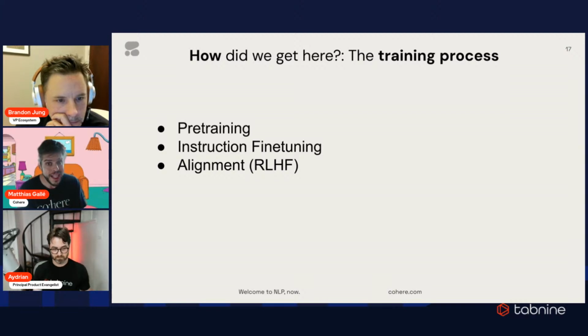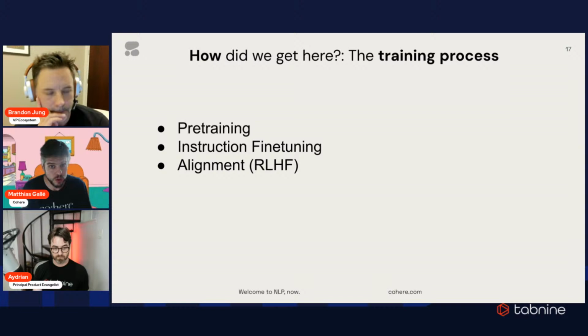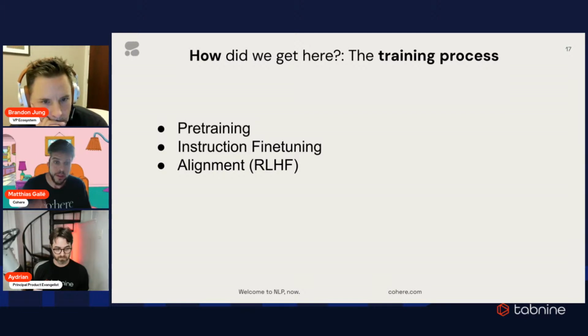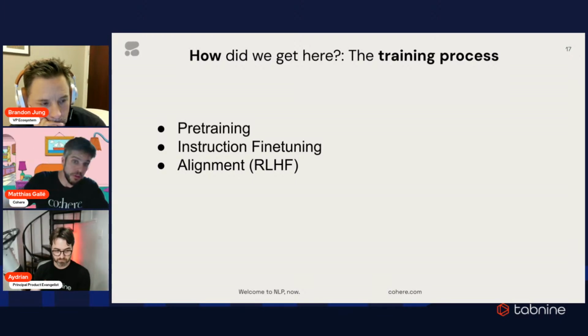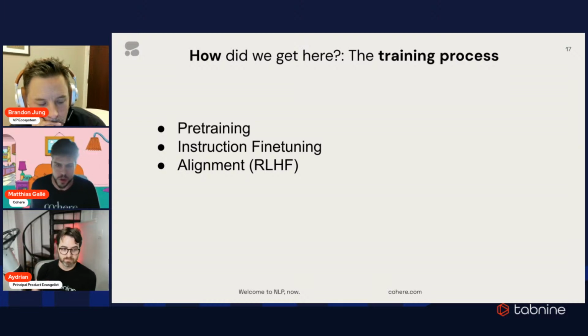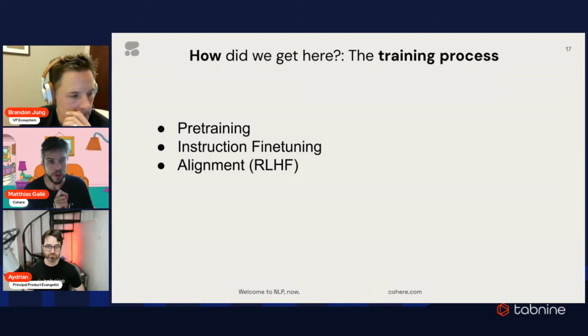There are two more steps in how you create any type of modern large language models, including the code ones. The second one is called instruction fine-tuning, where we now ask humans to create examples of exactly what you would expect a final user to use your model on. And then there is a final step, which is called the alignment step. Reinforcement learning from human feedback is one of the technical terms being used. And I will briefly mention this one also.